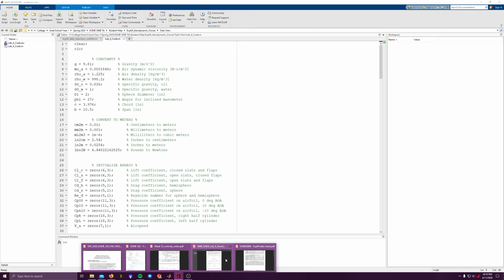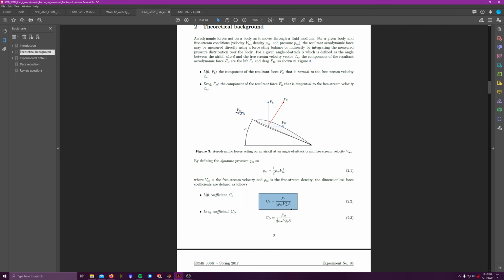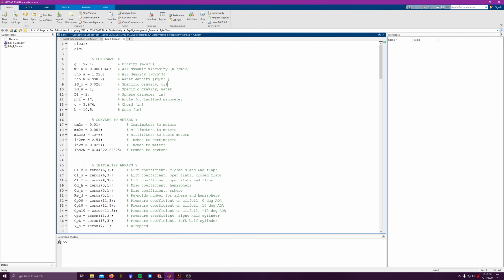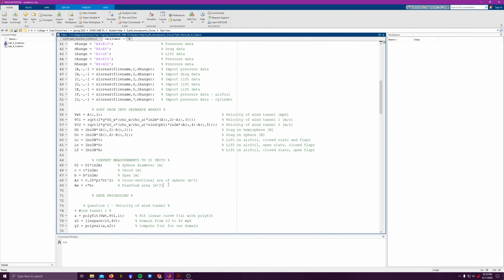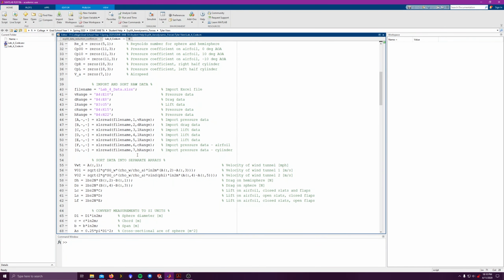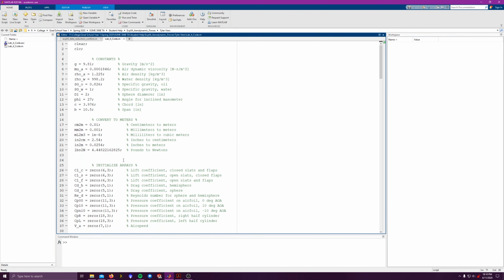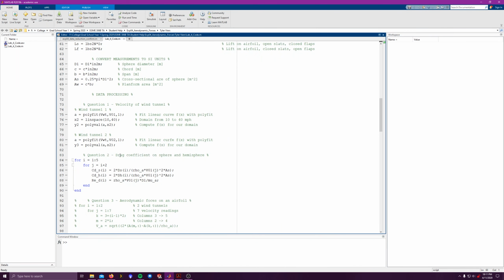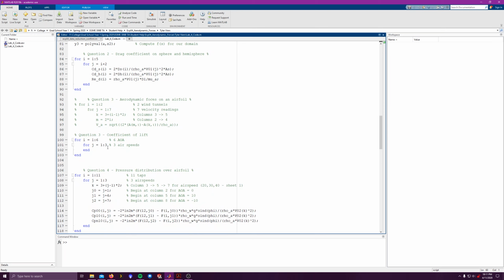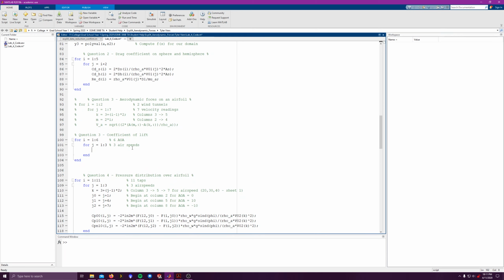So if I go back to the formula, right here we have the density, we have the velocity, and then we also have the lift force, and we have the planform area. So AW right here, and then the lift force, we had that measured as well. And you have that here. Okay. So basically what you're going to do is you have those, and then